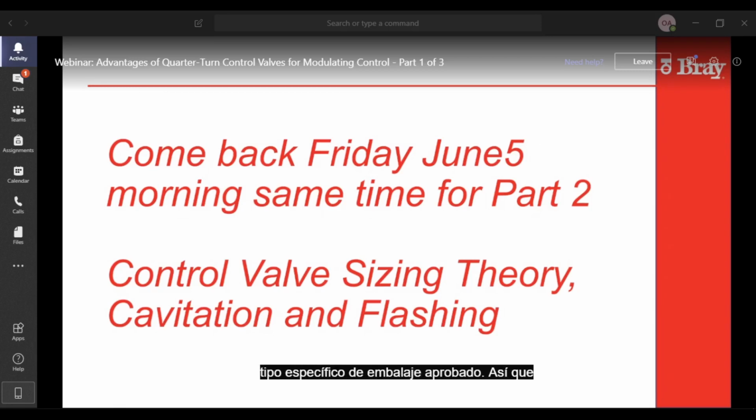So most API 641 approved manufacturers will use API 622, and I could be wrong on that, classified packing. In other words, you have to buy a packing that's already passed the EPA requirements.